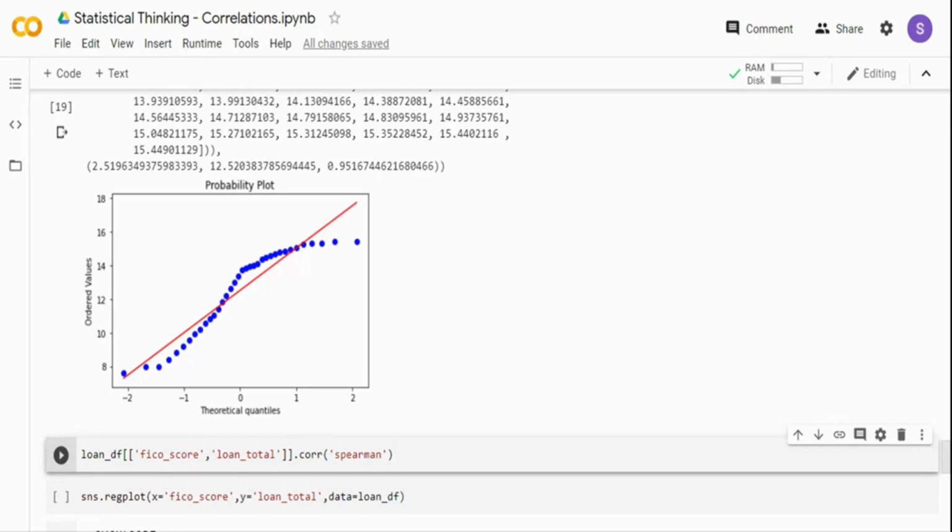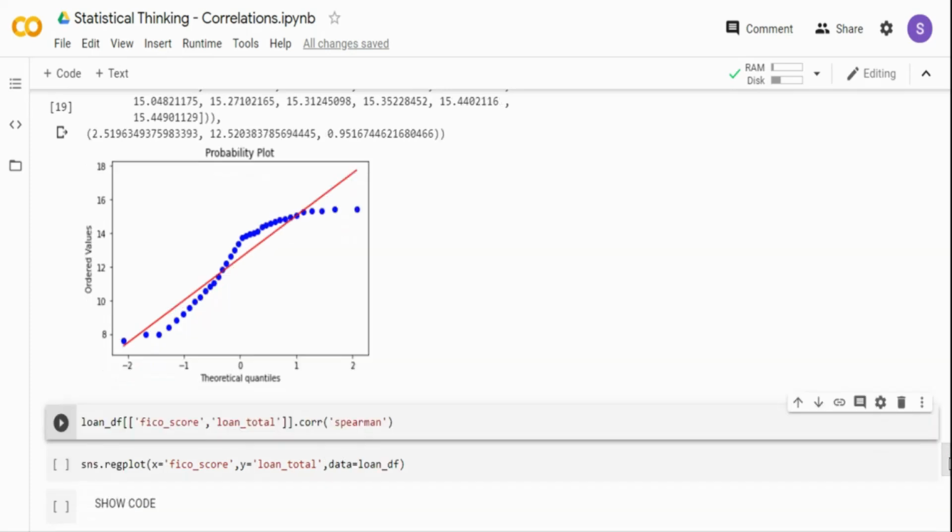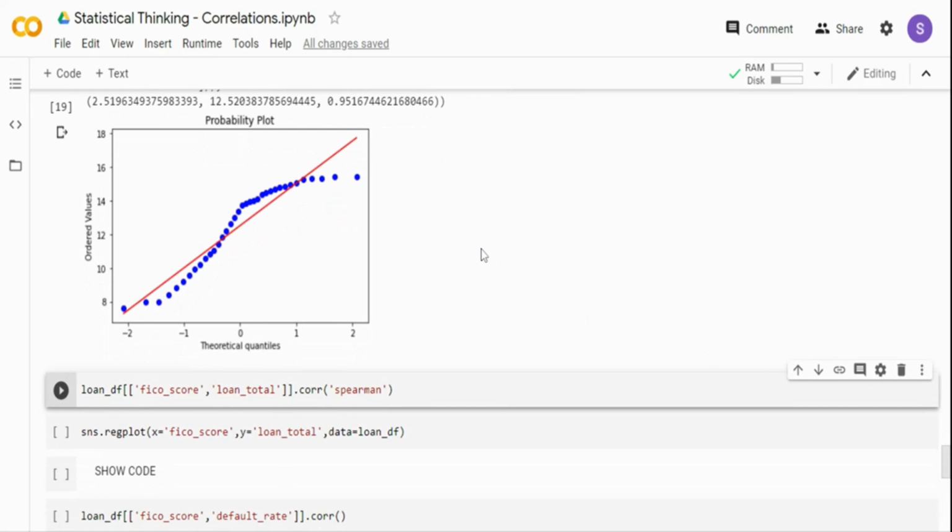And in the real world, it's very difficult to find such a data set, except maybe for birth weight and the census data set. There are a lot of other data sets as well in the life sciences and bio field where you can find it. But outside of that, it's a little difficult to find those kinds of data sets. But you can take this data set and convert it into a normal distribution data set, right? That you can definitely do, which I'll be covering in my later video. So this is basically how you check the normality of data.